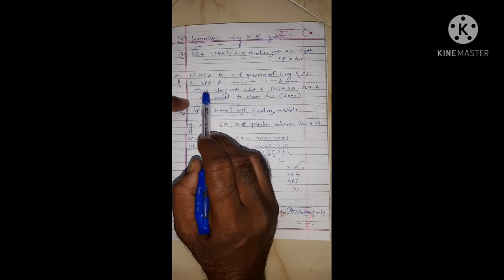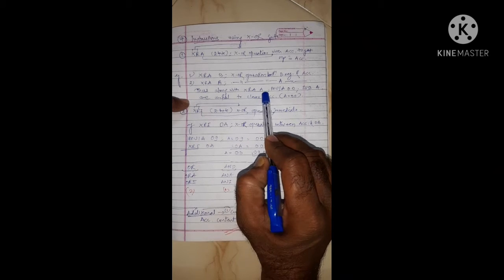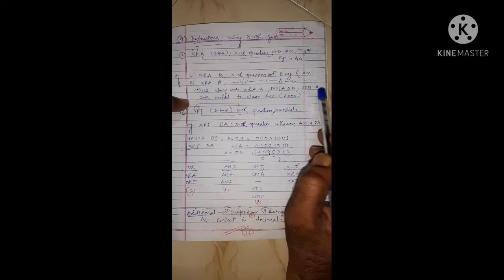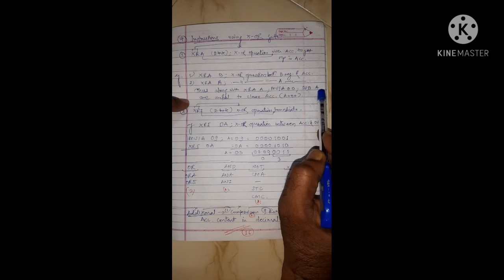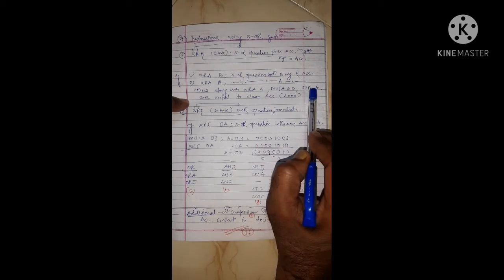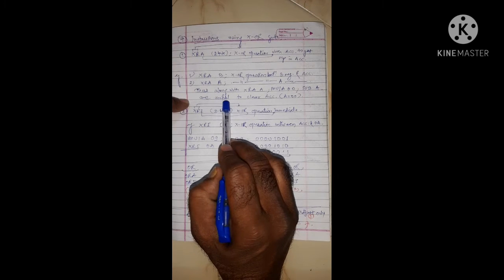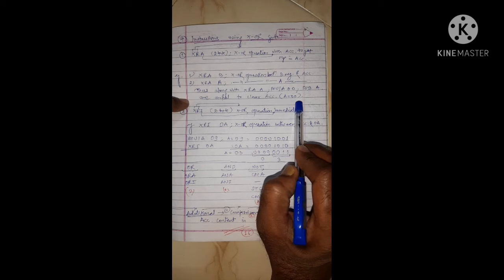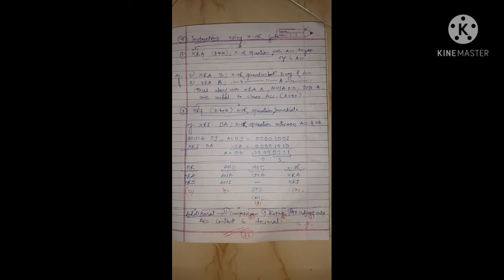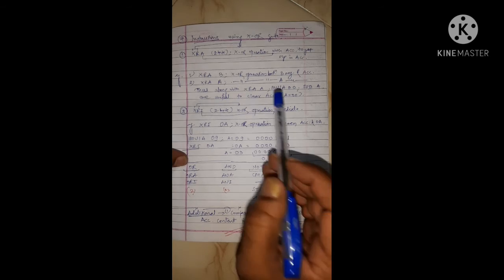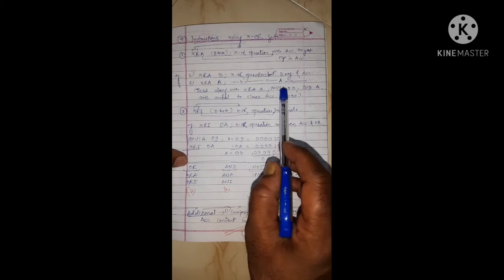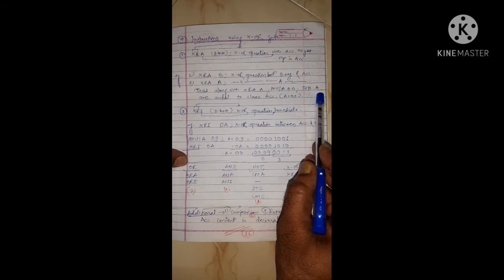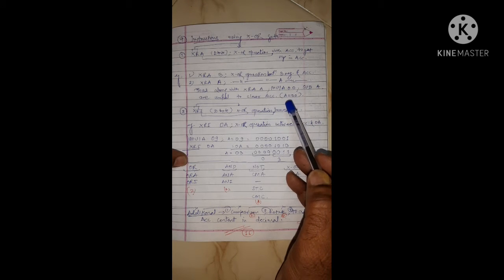Thus, along with XRA A, MVI A 00 and SUB A, these three instructions are useful to clear accumulator. Clear means to make accumulator 00. Whenever you are doing any operation with accumulator like addition or subtraction, A must be 00. Accumulator content must be 00. So any one instruction, XRA A or MVI A 00 or SUB A, can be used to clear the accumulator.